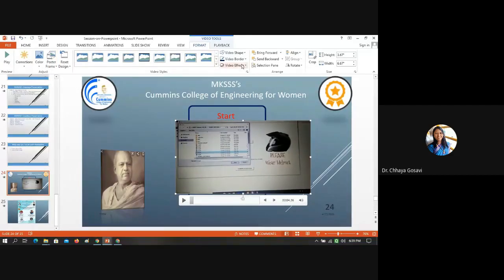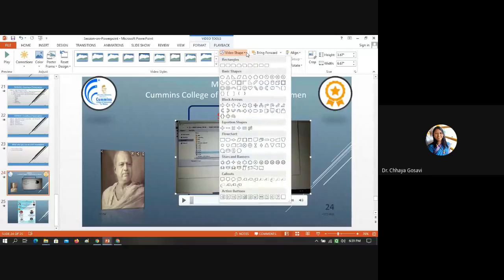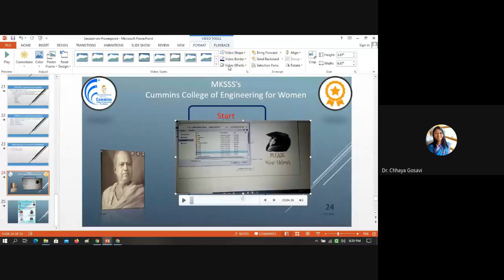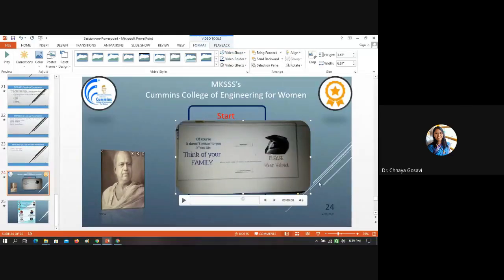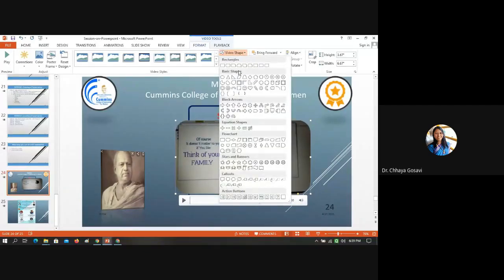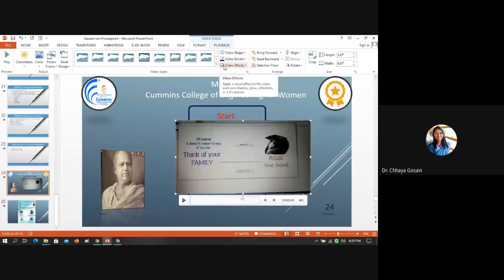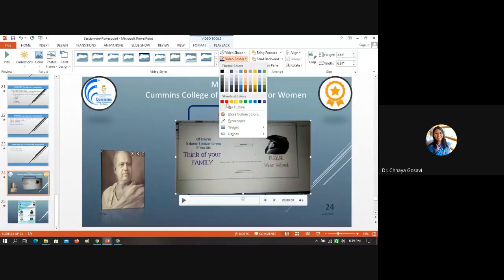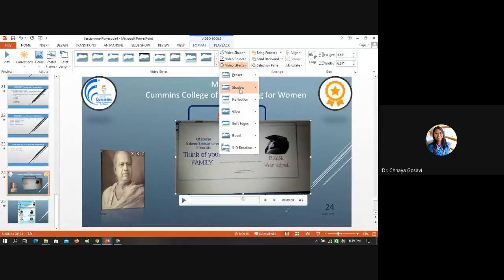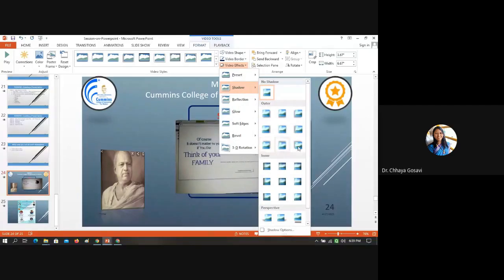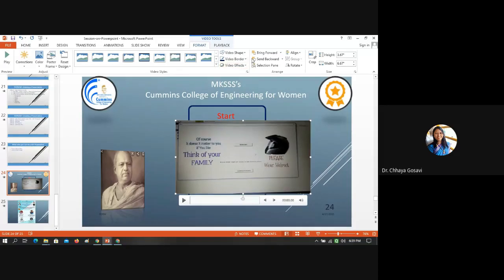and images can be, no, this is for images, not for the video. But for video you can select the shape, rounded rectangle if you want to display in rounded rectangle fashion, or you can display it in a square box fashion like this. If you want some border, you can decide that. You want to give some effects like shadow effect or something, that can also be visible.